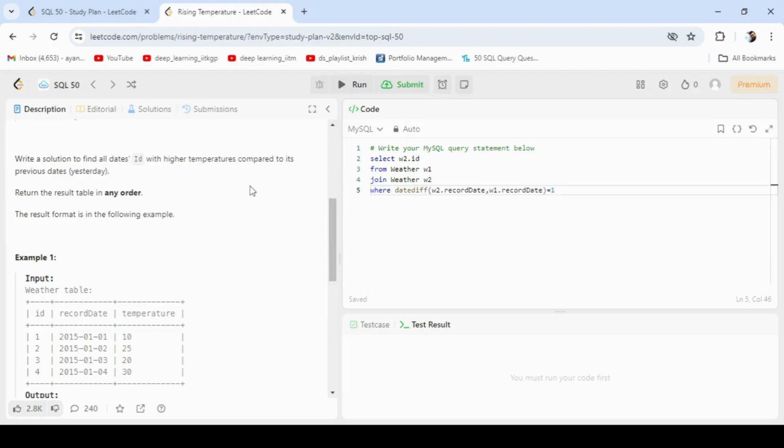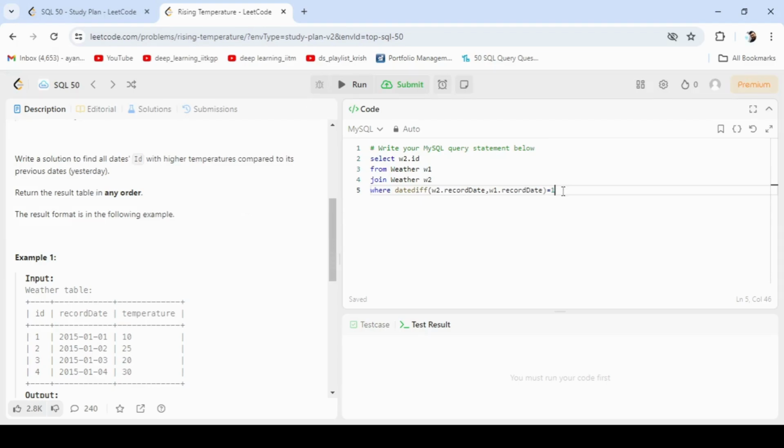So this one equals 1. Obviously this one equals 1 because I need to find the subsequent days. There are no days having a 2 or 3 day interval. No, subsequent day compared to the previous day. You just need to compare the temperatures of